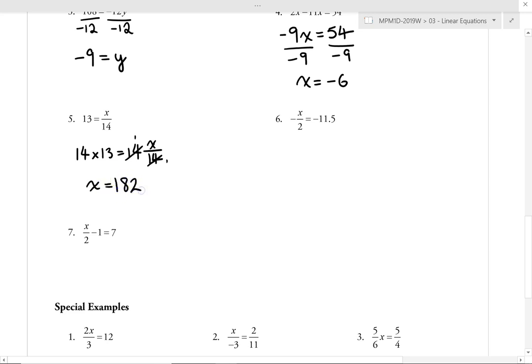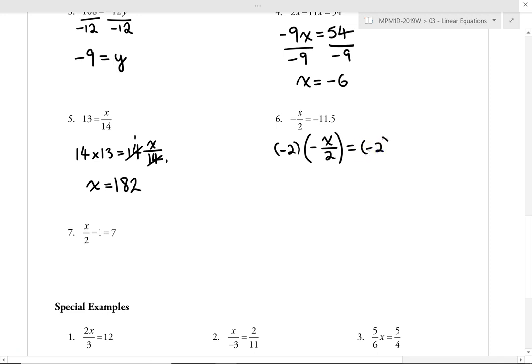And in fact, in this step, if you want to, you can just reverse the sides and write it just like that. Number 6, negative x over 2 equals negative 11.5. Well, this time, there's a negative sign in front of the fraction, but really, we can still multiply this by negative 2, and that should get rid of the sign and get rid of this division at the same time, right? So if we go negative 2 times negative x over 2, and I'm just using brackets here just to be careful with signs,